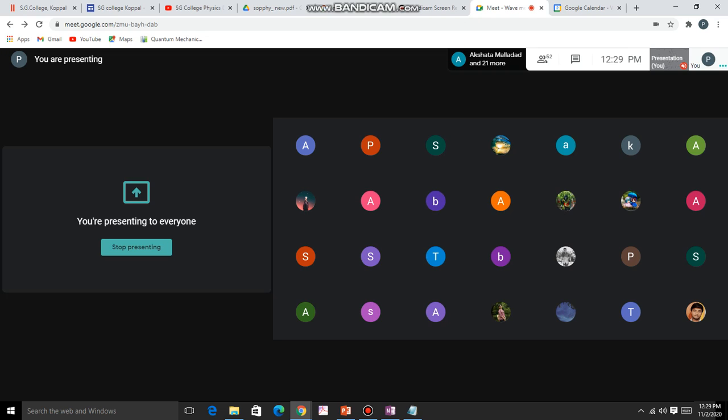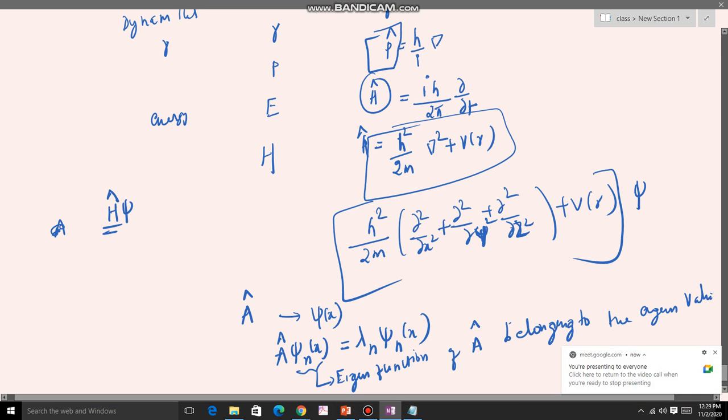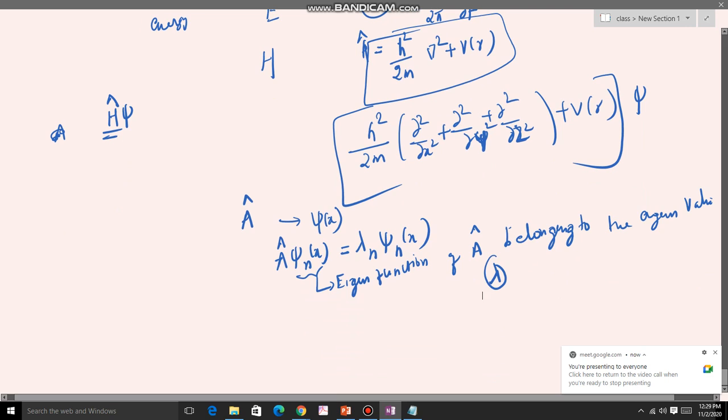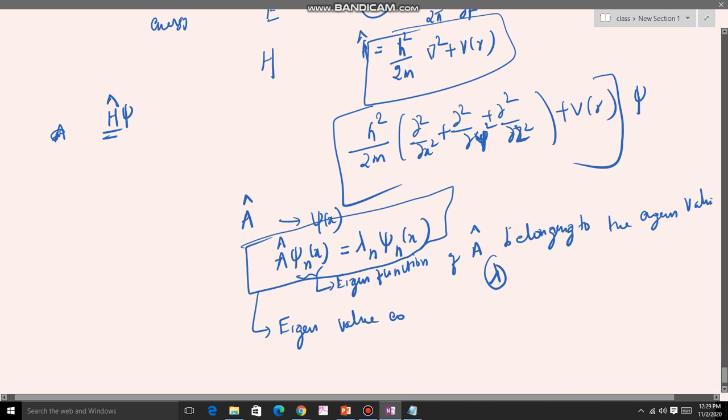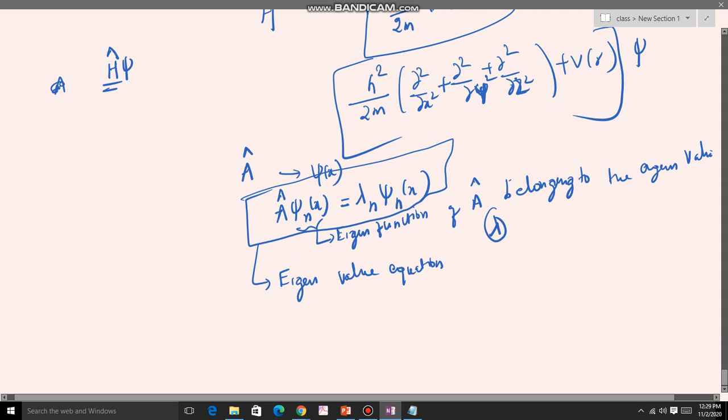So I can just say, belonging to the eigen value. Some eigen value we don't know, we can say that it is lambda. If there are a set of values, they are represented by this, and this equation I can call the eigen value equation. What is it called? Eigen value equation. For example, suppose you consider A cap is equal to the double differentiation d square by dx square,